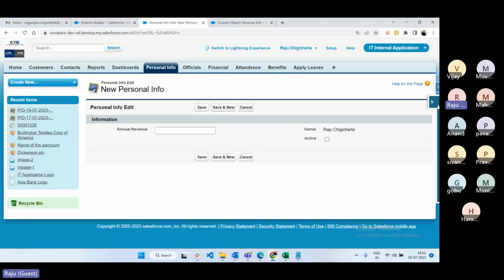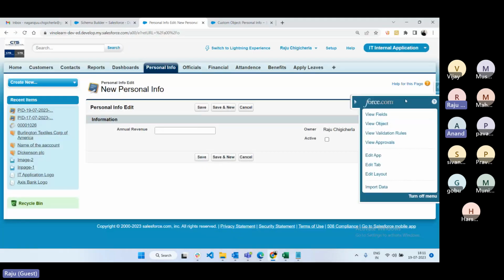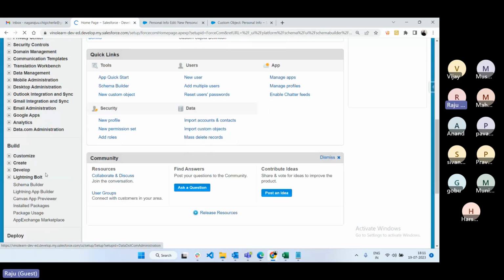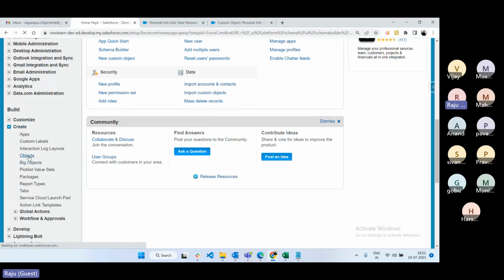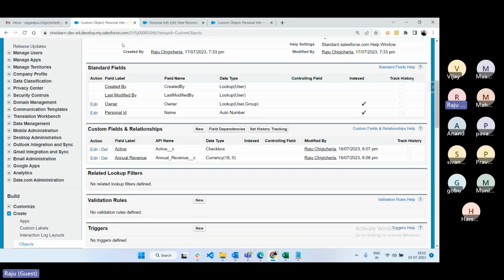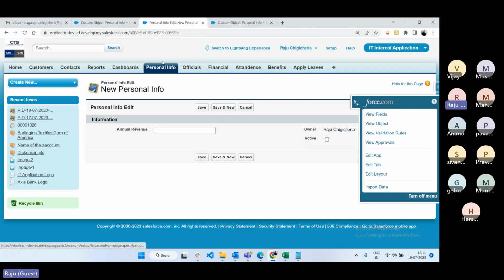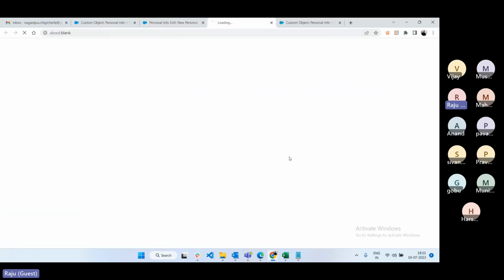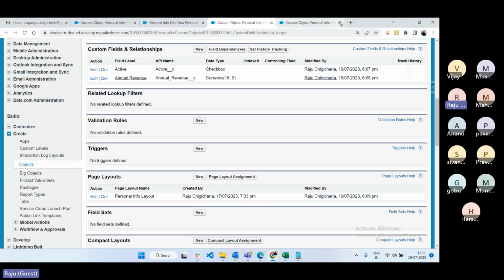We have a shortcut option, View Fields, the Force.com quick access menu. But still, why did I mention the standard navigation, like Setup and go to the object? See, these many clicks are required. When you open the object, fields are not required. If you open the fields, and if you open the personal info, you directly see this. 4 to 5 clicks are required, not required. If you open the tab, then only this Force.com quick access menu is opened. If you open any related object, the related fields we can open directly, right? But the reason why I mentioned,